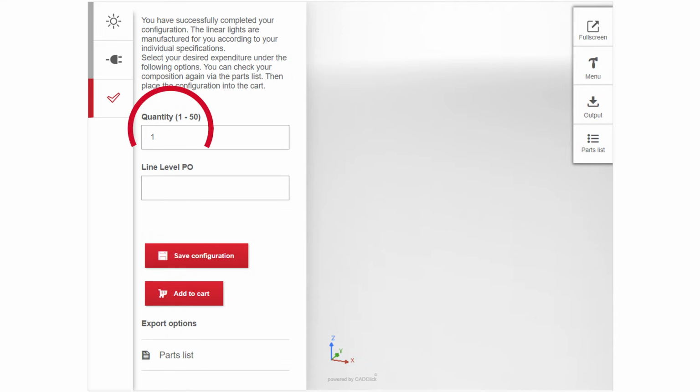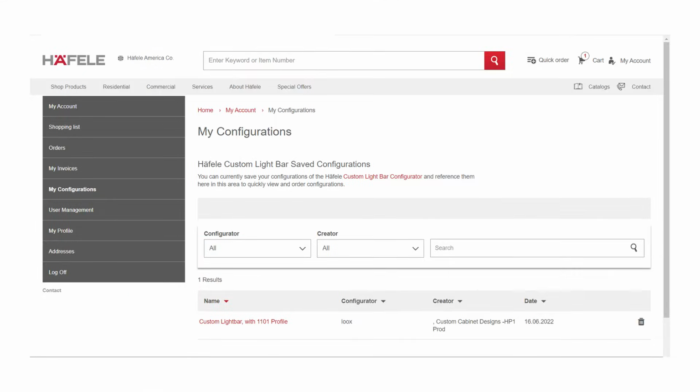You can change the quantity of custom-made lights you need, save your project light bar configurations, and even add them directly to your shopping cart. Saved configurations for reordering or review are easily accessed by going to My Configurations under the My Account area of